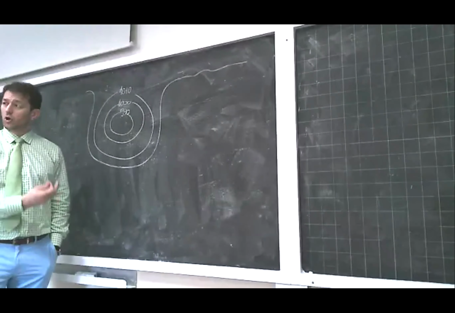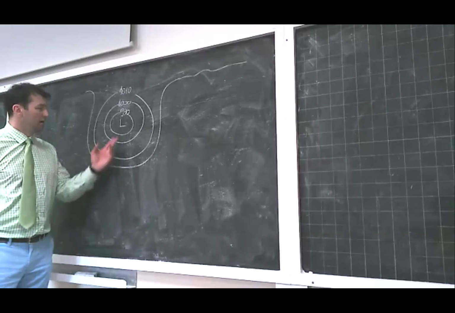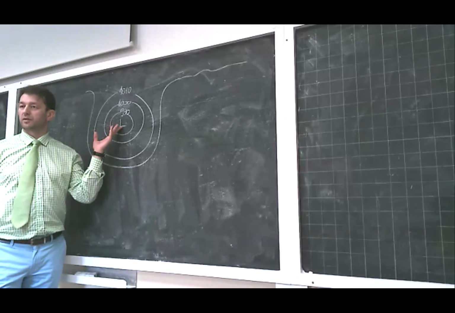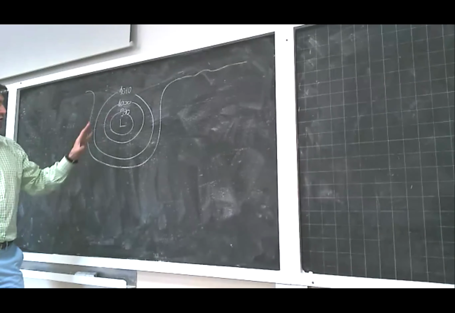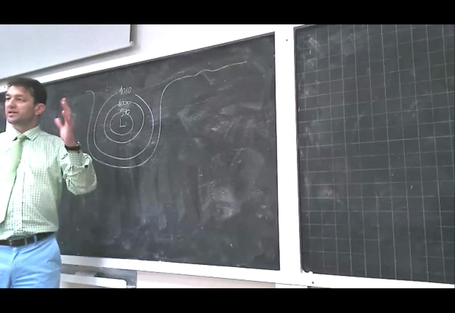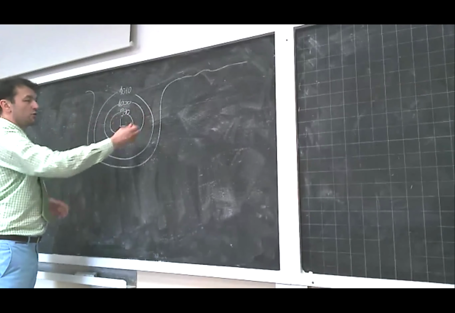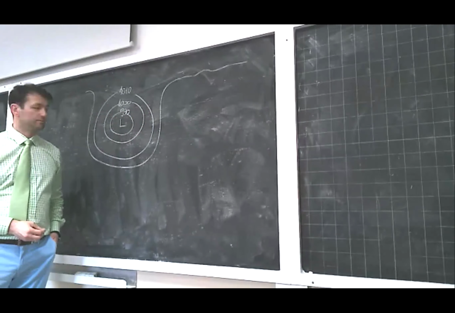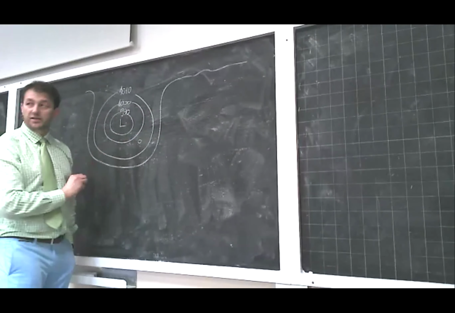So we denote cyclones with L. L means low pressure in the middle, okay? So if you could visualize this in 3D, it's like a sink, okay? Low pressure in the middle, and then as you are moving away, there is high pressure. If I pick an air parcel over here,